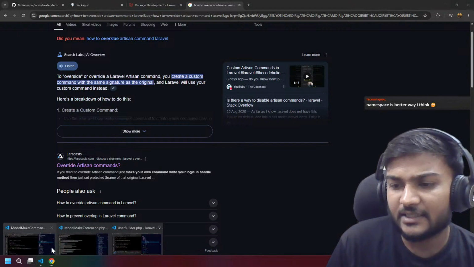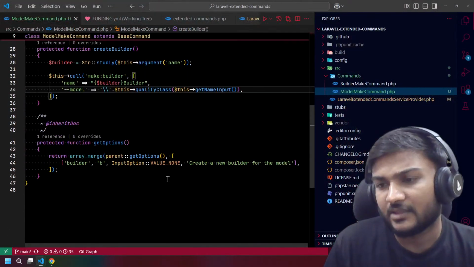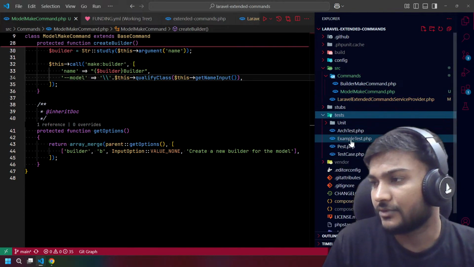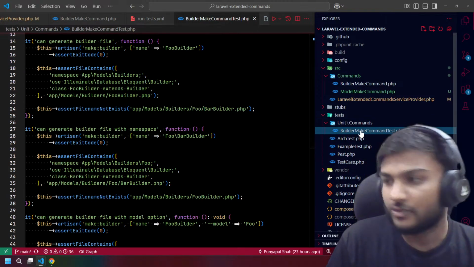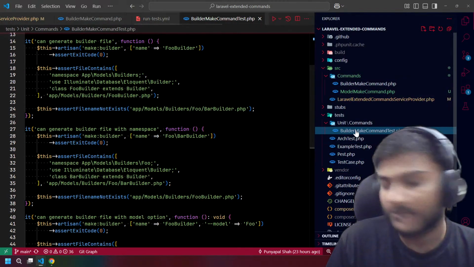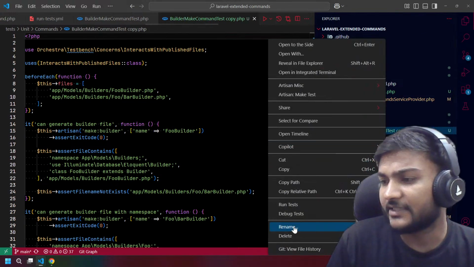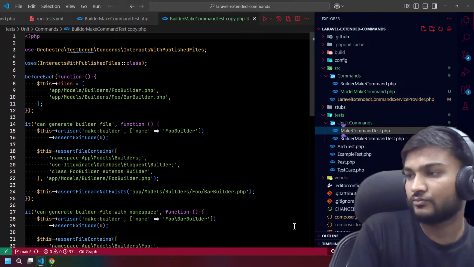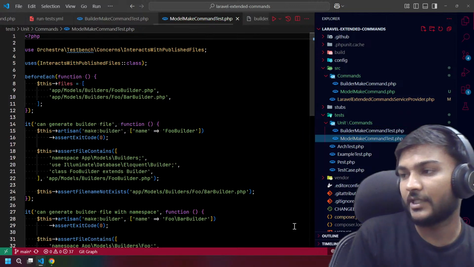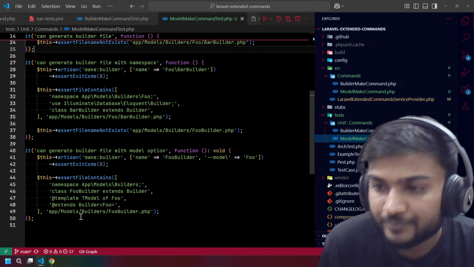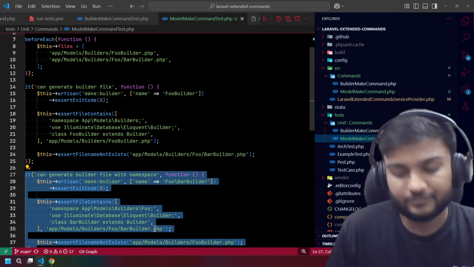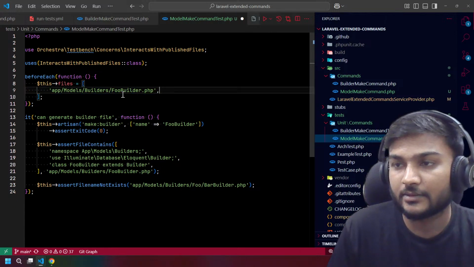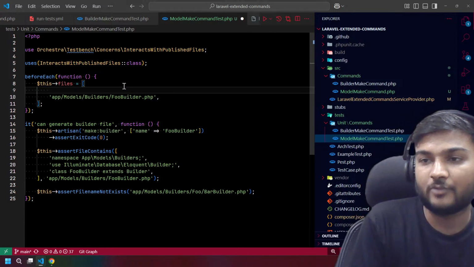But before that, let's add a test for this particular stuff. So what we're going to do is duplicate this, because we need a similar model. Right, we need this. And yeah, we need app models.